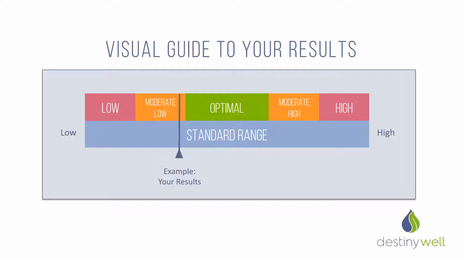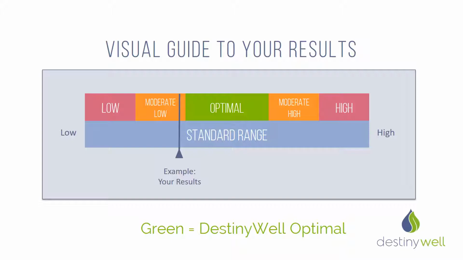But at Destiny Well, we think that there can be a lot more nuance. We believe that there's often an optimal range based on what we've found going forward helps people to live the healthiest lives, to be the healthiest, and to avoid disease. We triangulate this with the medical literature, with other people's standards, with our clinical practice experience, and all the different data points we can get, so we can come up with what we believe is optimal for a particular test